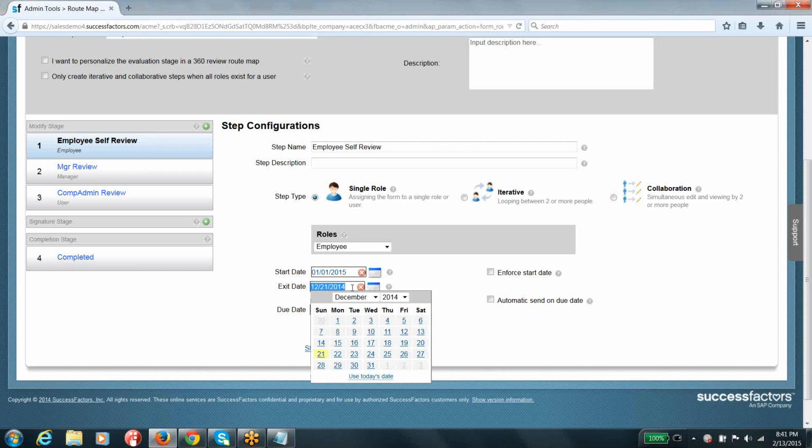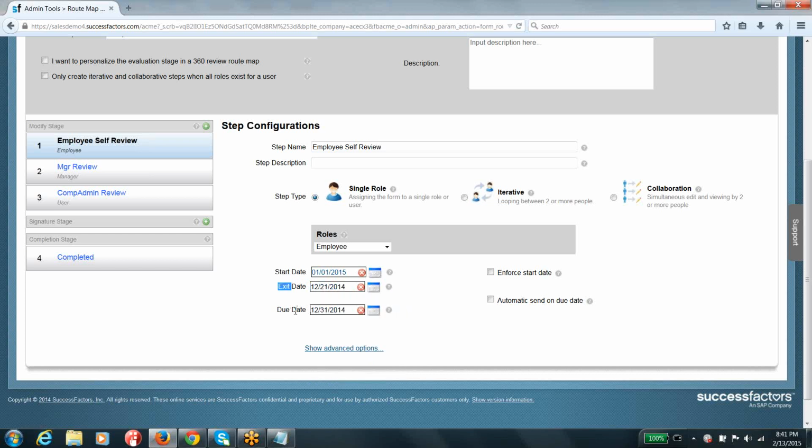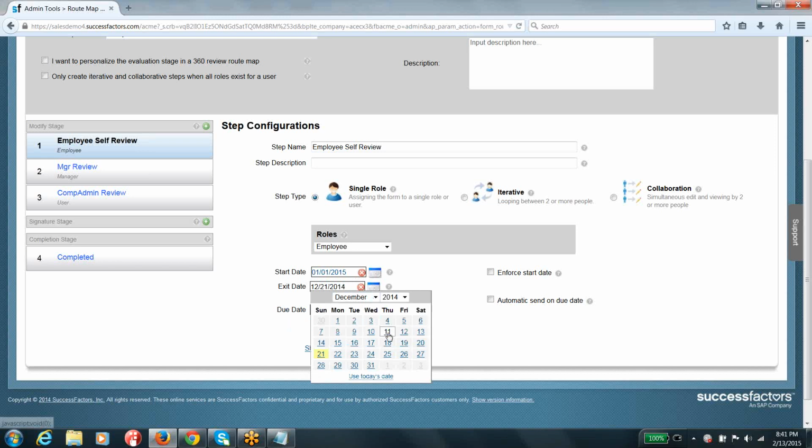And this exit date is the date when you are supposed to complete that particular form, and you can send the form to the next step. Now you can send the form to the next step before the exit date, but I'll tell you what the difference is between this and the due date. Ideally this is when you are supposed to send the form to the next step. And you can see the other thing, the due date. Say you are supposed to send the form on, let's say the exit date is 2015.